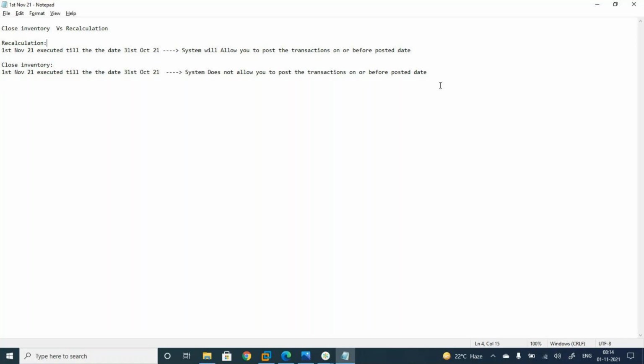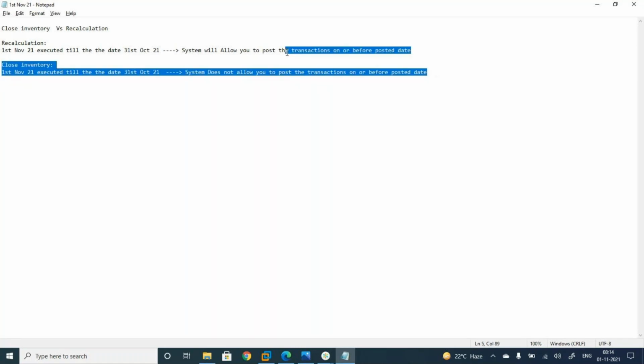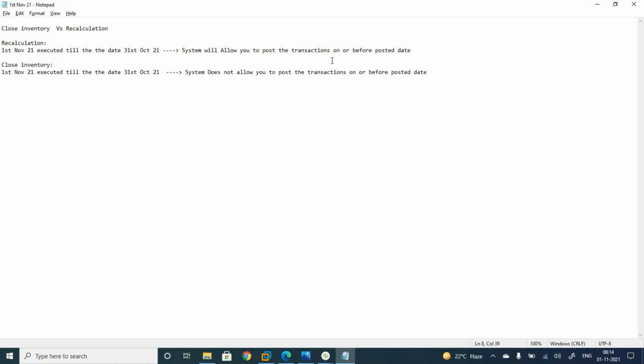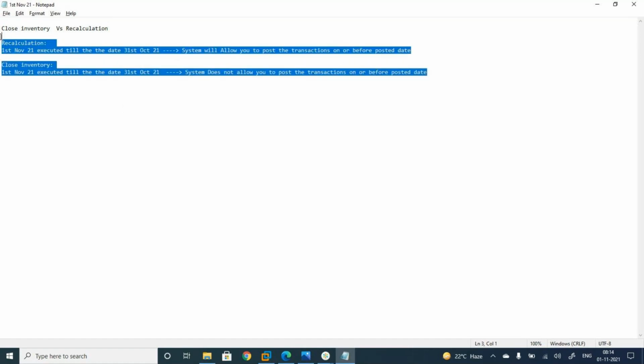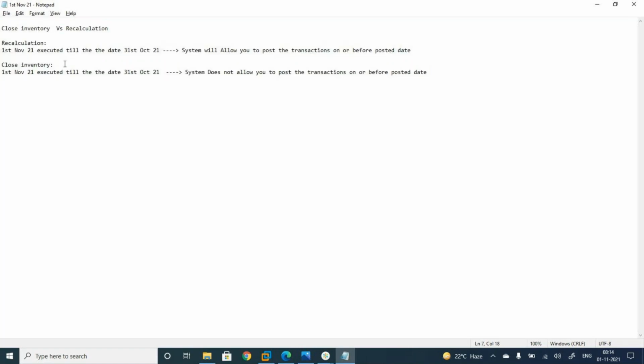So the major difference is, if you are attending a logistics consultant interview, the interviewer may ask the difference between these two. For a finance consultant, I don't know whether they may or may not. But if you are attending a T&L consultant interview, what is the difference between the close inventory process versus recalculation? This is the major difference. Whether you are executing this one or not, it is not mandatory. At least you need to execute this one